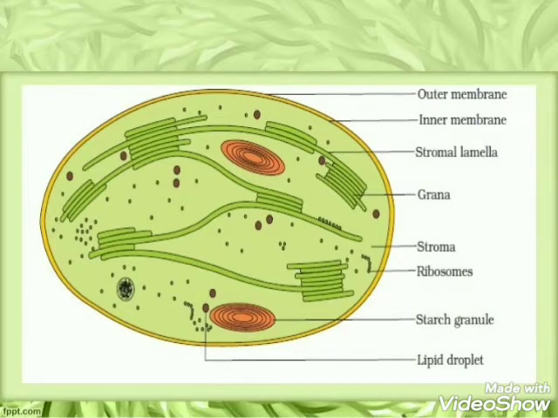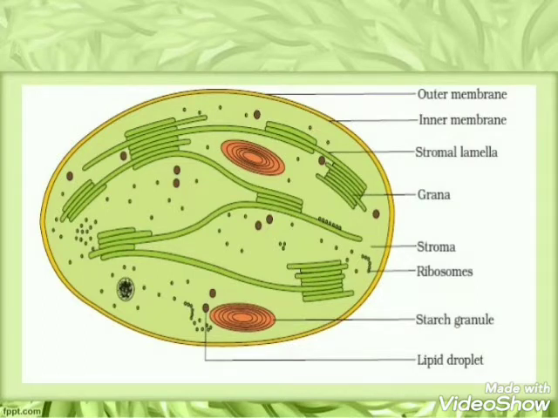Inside the stroma, there is a thin tube-like single layer structure which is known as stroma lamellae. It is basically a connecting link between the various grana. Now what is grana? Grana is a pile or a bunch of thylakoids. You can see in the diagram there are a number of tube-like structures piled one above the other. It is very much similar to a pile of coins. When we put coins one above the other, we get a pile of coins.